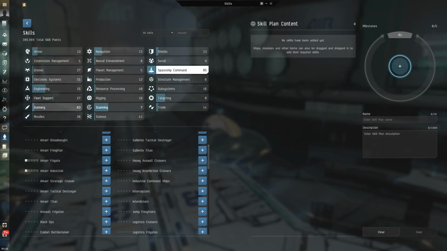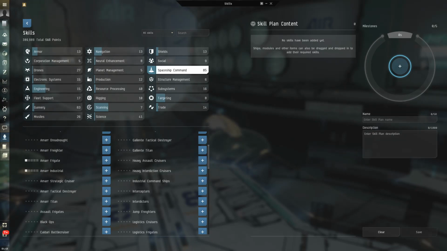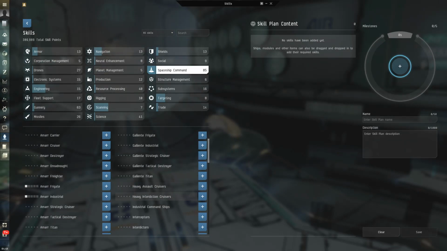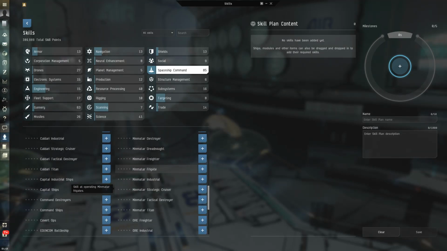Okay, this UI is definitely much, much more friendly and cleaned up. I do like this. It does feel a bit weird that it's taken up your entire screen. Sometimes I do like to be able to look at other things in the background, like the market or a fitted ship when I'm trying to see what things it needs and all that. But I think this is much more